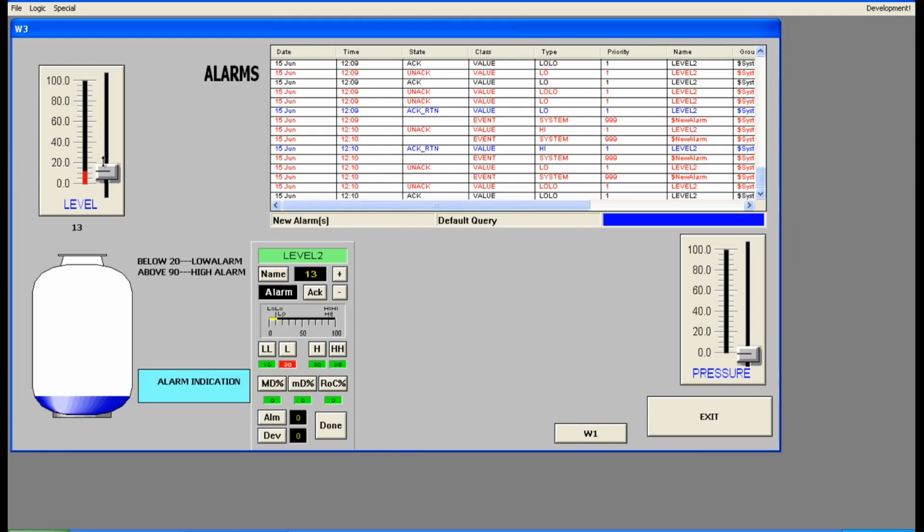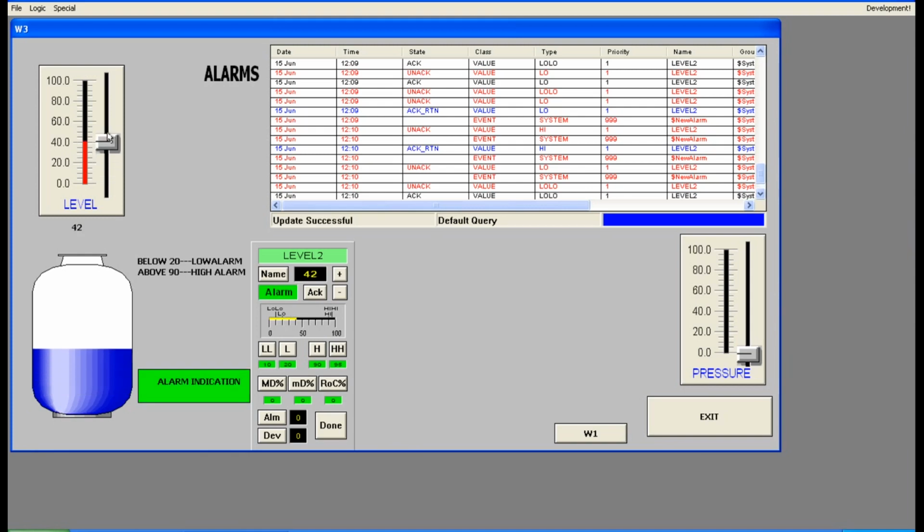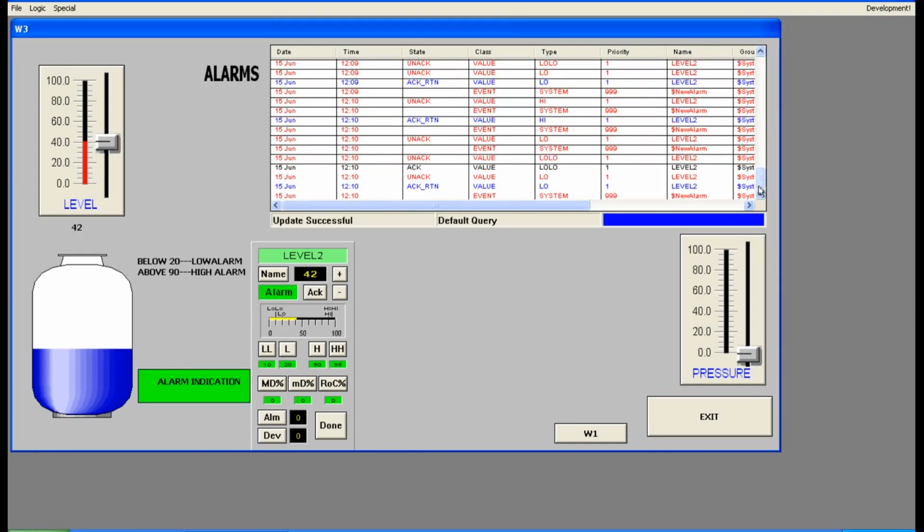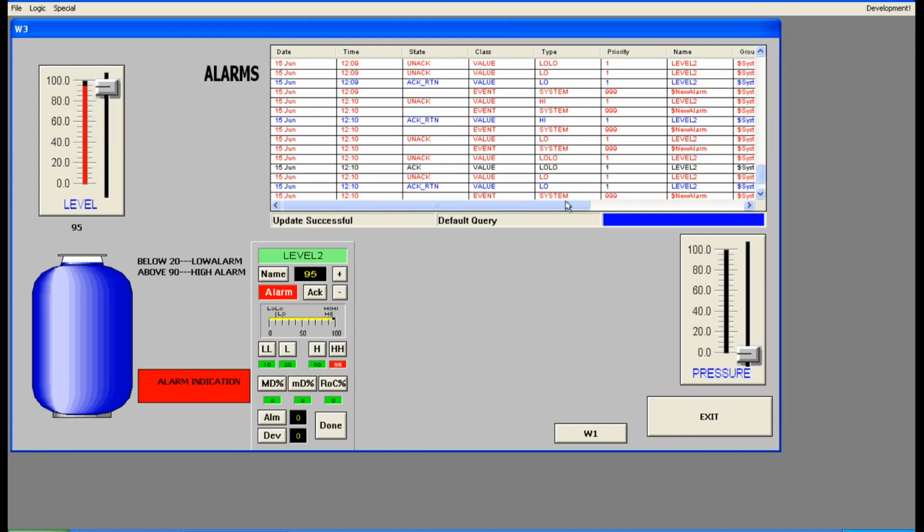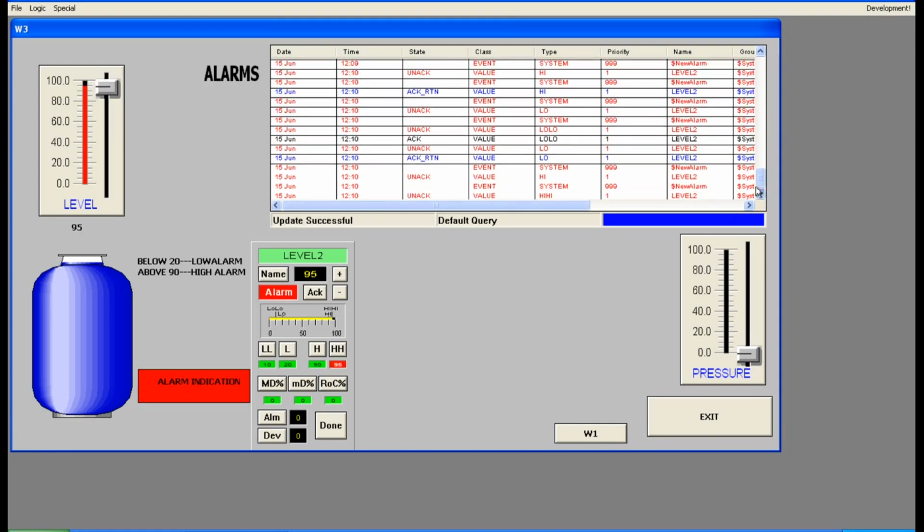Now increase, and a new alarm came, an unacknowledged high alarm. Got it? Acknowledge it, and it changes to acknowledged.